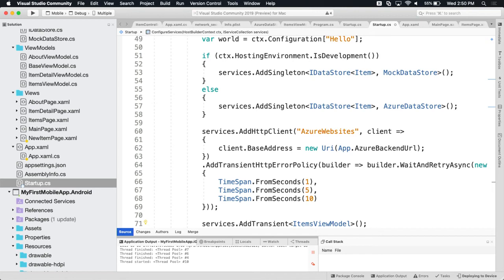Retry once after a second, then retry a second time, retry a third time, waiting longer in between each one. So it waits a little bit, then it retries. That's what these three are doing. And then the last thing I do here, and that's part of Polly, is add a transient to